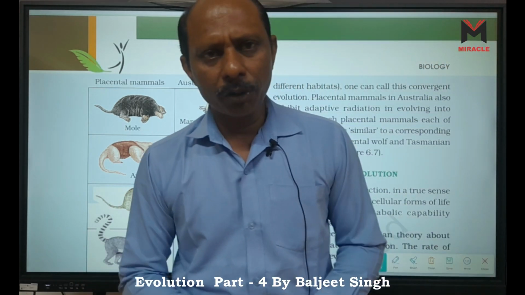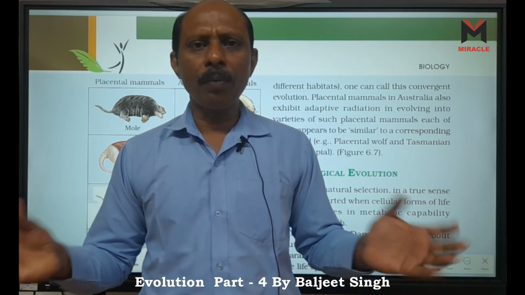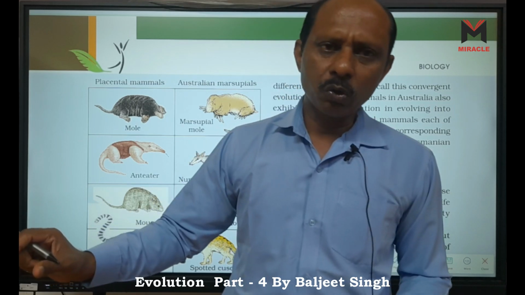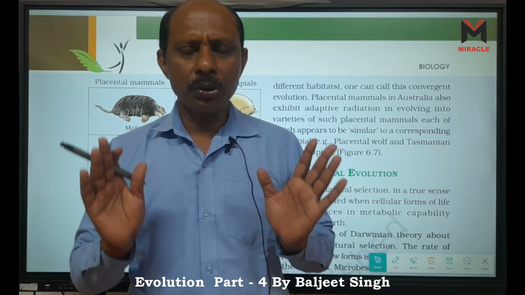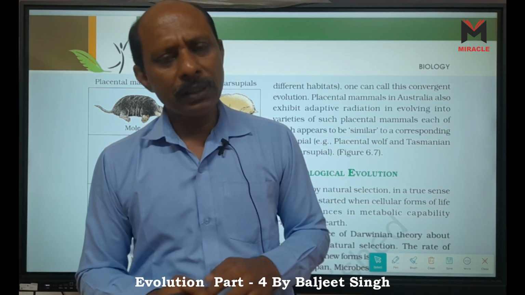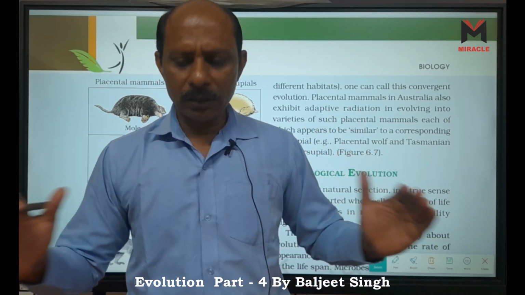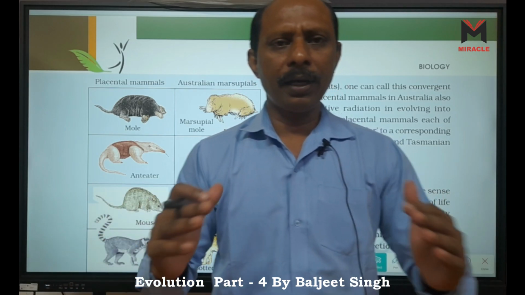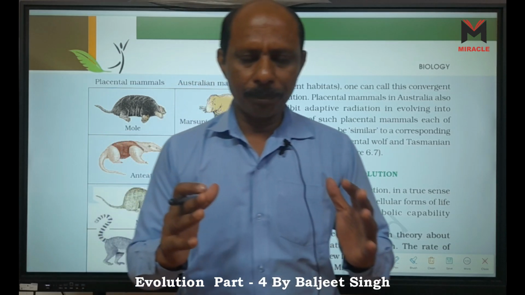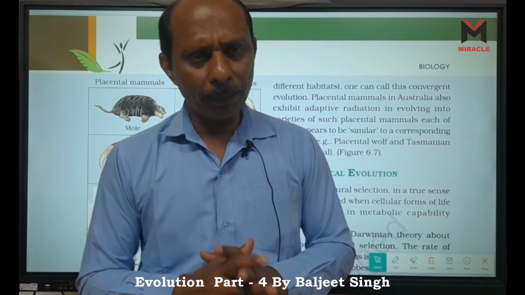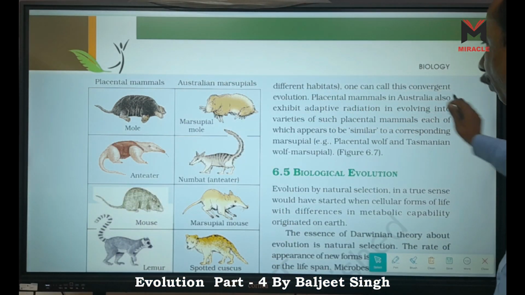What do you mean by convergent evolution? If different adaptive radiations originate from different ancestors, one from marsupials and one from mammals, but when we compare them, they show the same phenotype. Phenotype is according to their adaptation. So because of the same type of evolution, the same type of phenotype, same type of traits and organs are developed. So it is called convergent, right? One can call this convergent evolution.